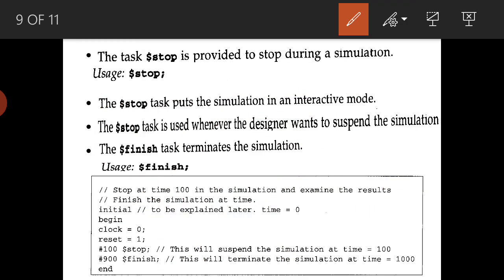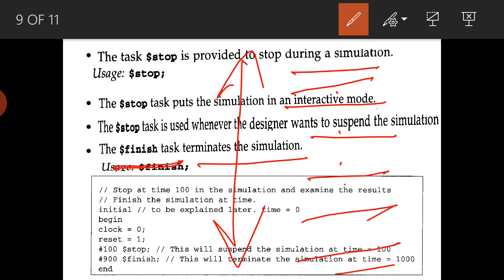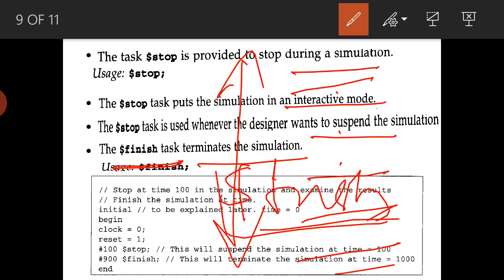As it says here, it puts the simulation in an interactive mode, meaning in between I can see the results or suspend the simulation, whereas dollar finish terminates. Suppose the set of instructions is going on like this, and in between I use dollar finish, then at this point the simulation will stop.